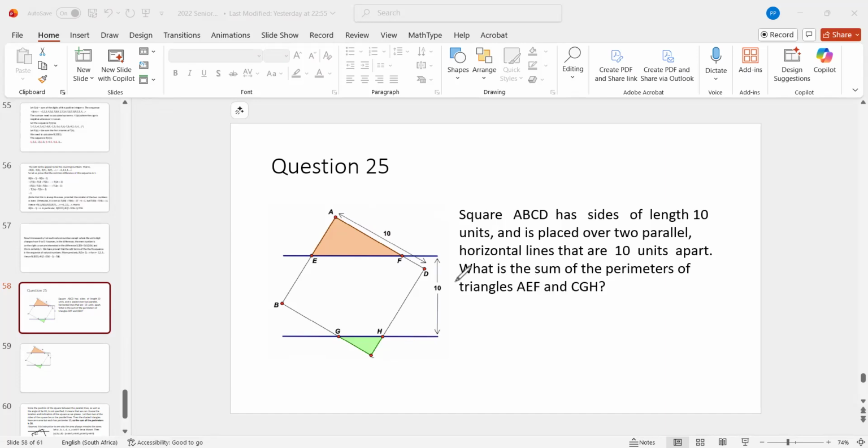Right? Now that is quite a useful piece of information, that no matter what the tilt is, it's got nothing to do with the tilt. It just says this: the perimeter of this plus the perimeter of that. Perimeter means the sum of the 3 sides of these 2 triangles is always equal to the same thing. So a clever student will say, well, I'm not going to think too much about this, because what I can do is, since it doesn't really matter what the tilt is,